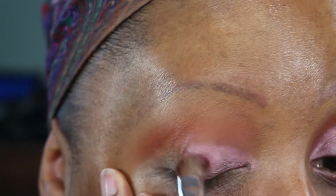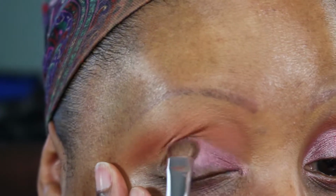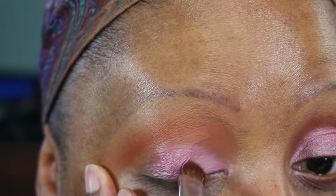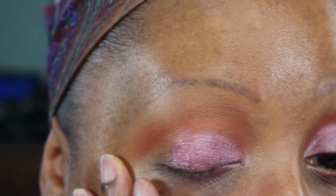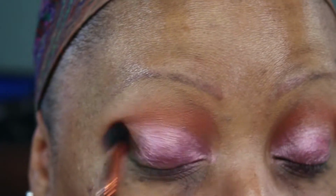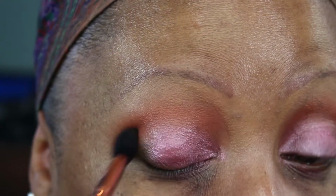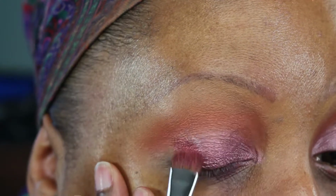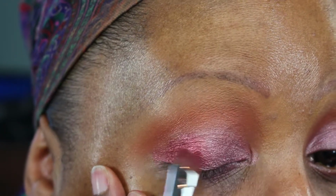And I'm just packing this onto my eyelid with a combination of patting and swiping motions. I'm trying to stay below the crease and packing that on to get the most intensity. I'm going back in with Jamila to blend out the edges of that pink using back and forth windshield wiper motions. Now I'm taking Bororo, which is a little darker pink, more like a mauve, also a shimmer shade,